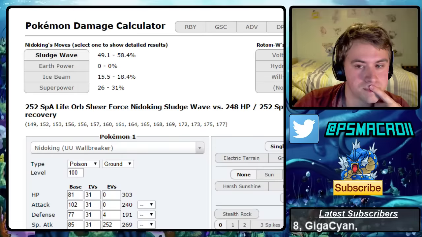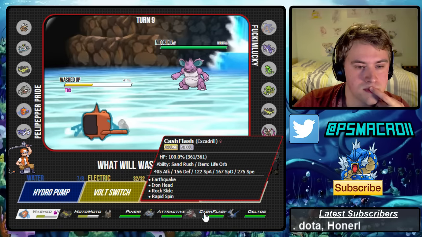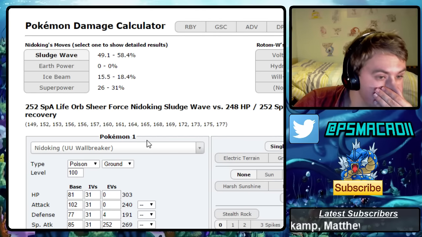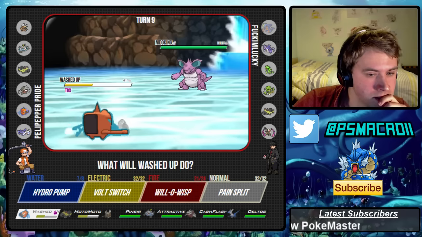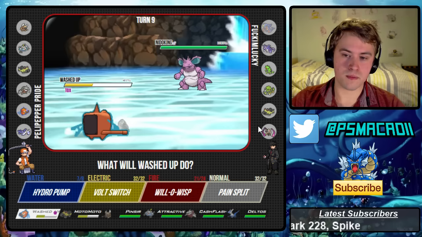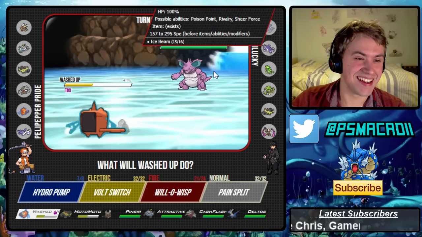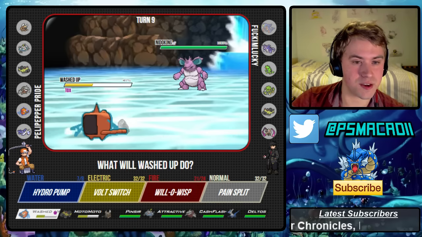No, we can't. Okay. The question is, what do we do here? Boom. Use Final Gambit Life Orb Shedinja. Okay, I think our best bet here is to go...